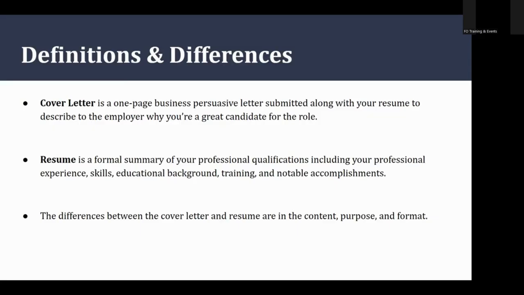It can list most or all of your relevant skills and professional experiences that apply to your current job search, while a cover letter is more focused specifically on the job you're applying to. While some information might appear on both documents, a cover letter usually focuses more on the present and future objectives, as well as the resume represents previous jobs